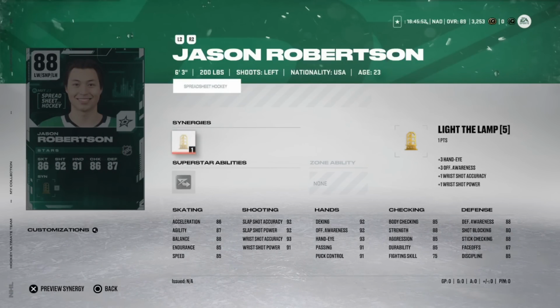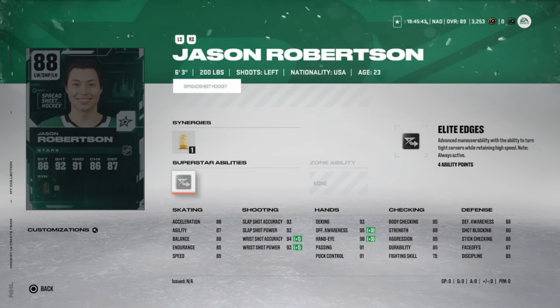Then we've got the 88 Jason Robertson with Light the Lamp. I am waiting for the day they give Jason Robertson a skating synergy. However, today is not it, but he does get elite edges and an 85 speed, 86 acceleration. That's brutal, but elite edges might make him shifty enough to hold on to the puck